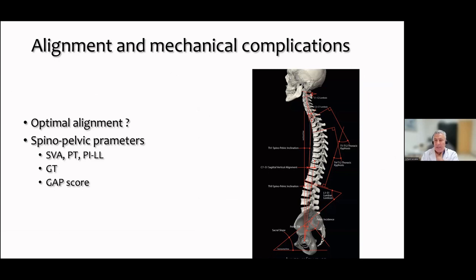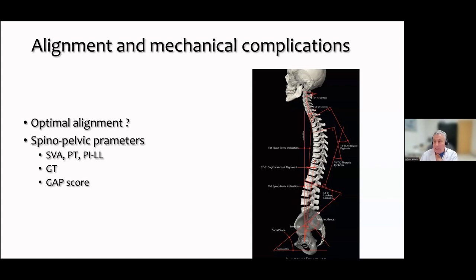So as a neurosurgeon who came late to such deformity, if I look as an observer, all that we're talking about, all that we're trying to do, is getting the optimal alignment to get the fewest mechanical complications. So alignment and mechanics are linked together. And we've been told that we have to look at the spinopelvic parameters, of course, but the best alignment still has to be defined, the best alignment and the best simulation.